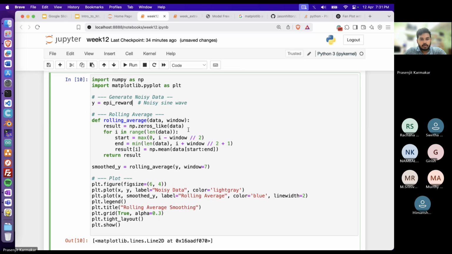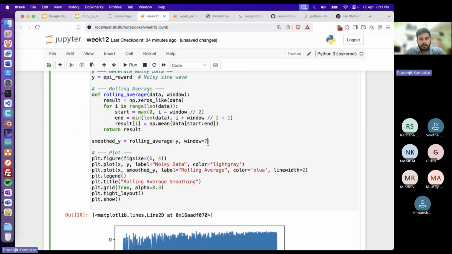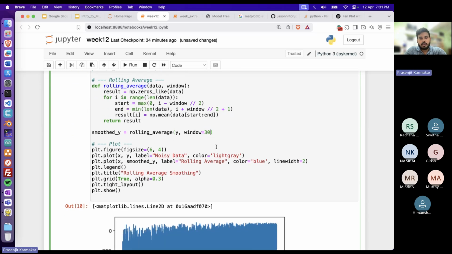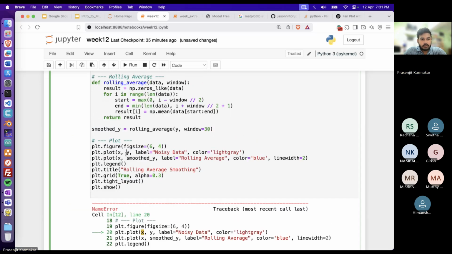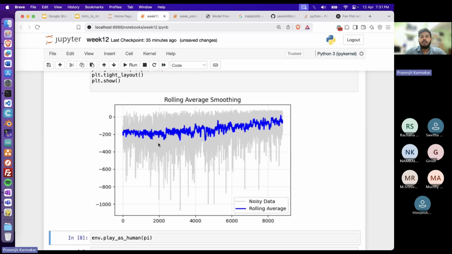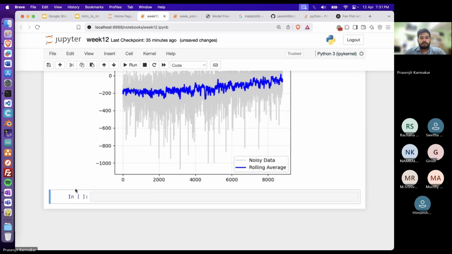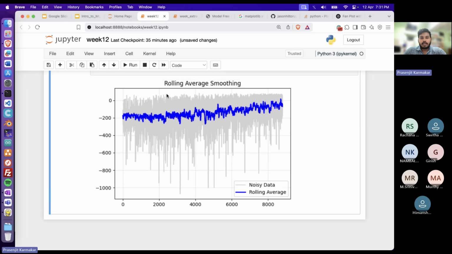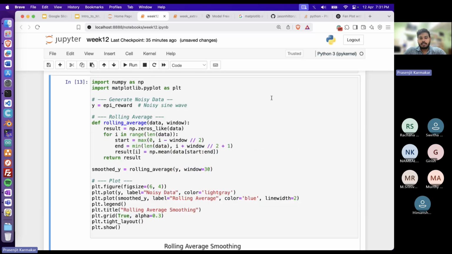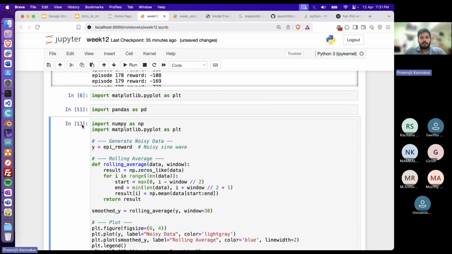PD one. Other things, I guess, and that window I can keep to, let's say, 30 episodes. Okay. X is not required. Okay. Yeah. This is what we wanted to build, right? So see, it's kind of going up, but it's currently going to zero, right? Zero means we are not getting any negative errors. So that means it can reach our goal, or at least it can reach our goal,